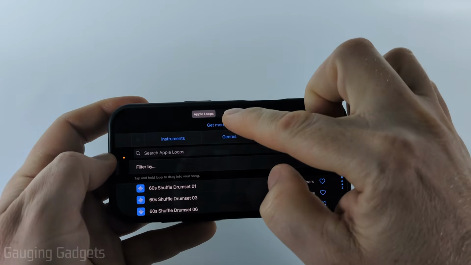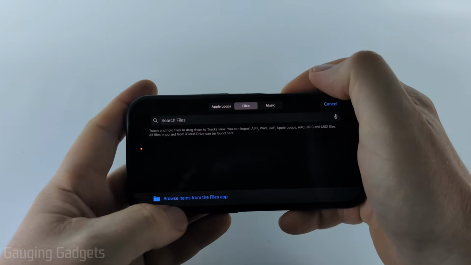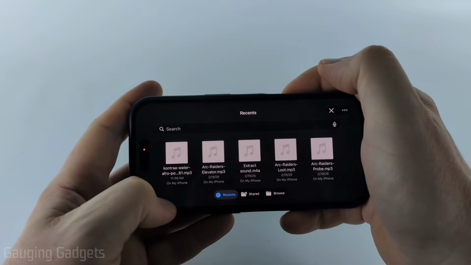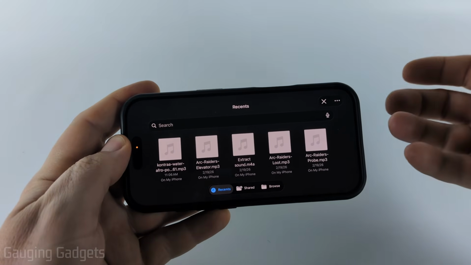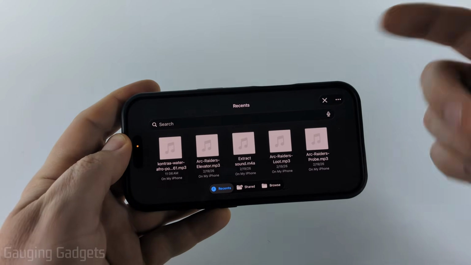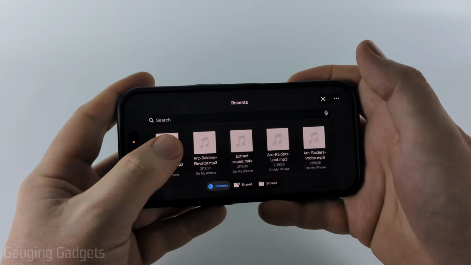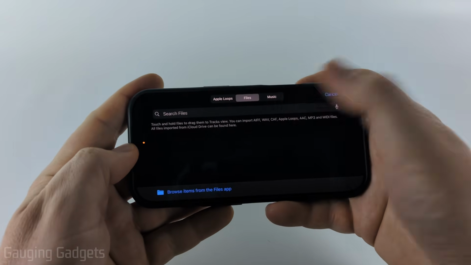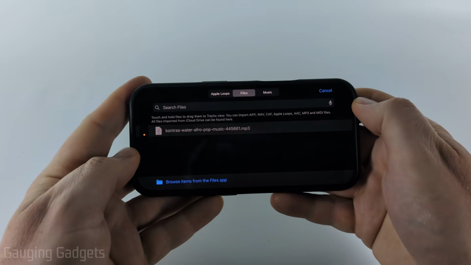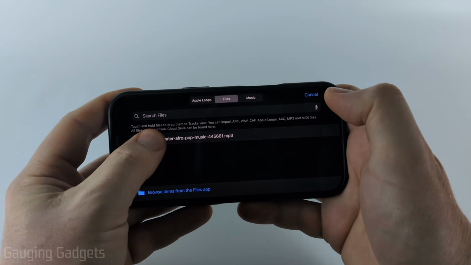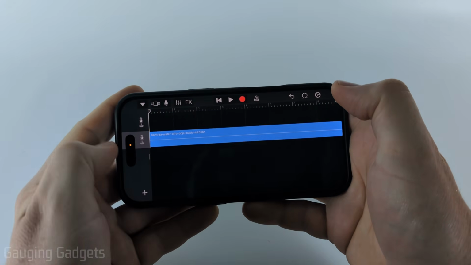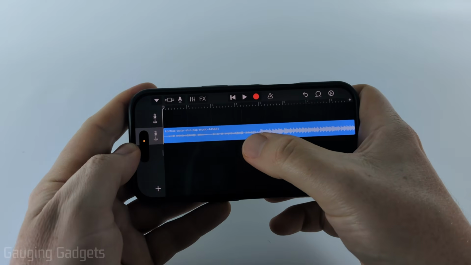So once in here, select files and then browse items from Files app. So this will bring you to the downloaded song files you have on your phone. You may need to look through to find them. This is one I downloaded from Pixabay earlier. Give it a second to load into GarageBand. Then all we need to do is long press it, and then it will be dragged to our actual timeline